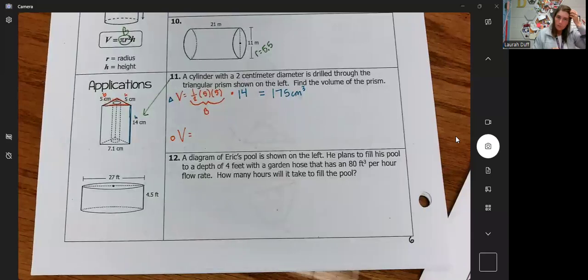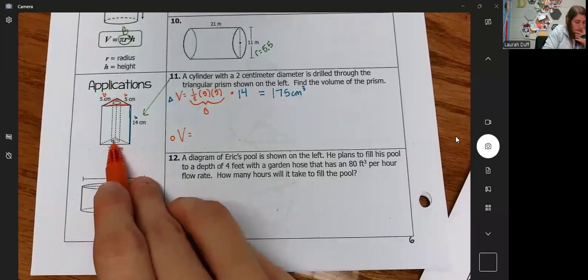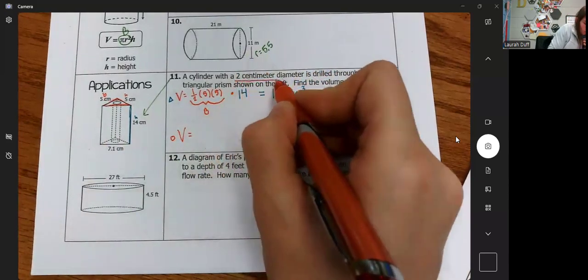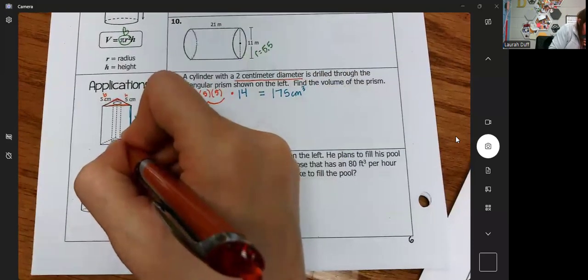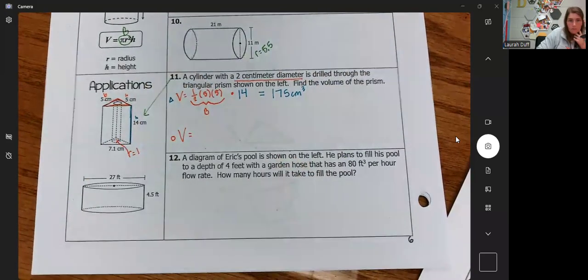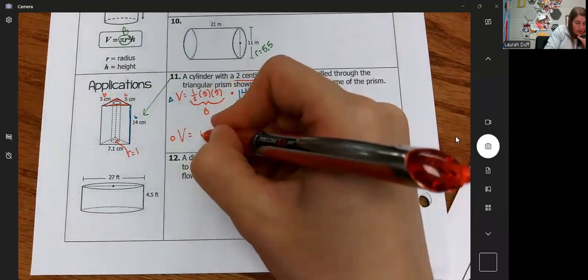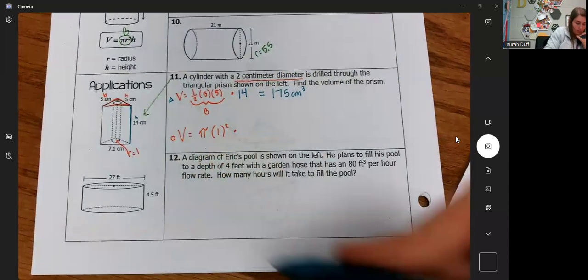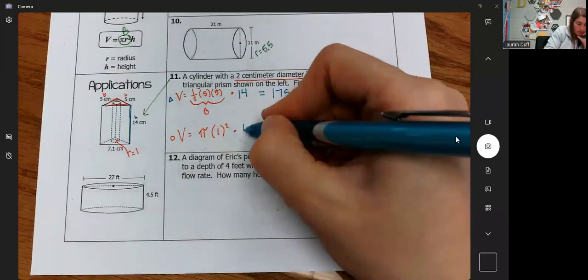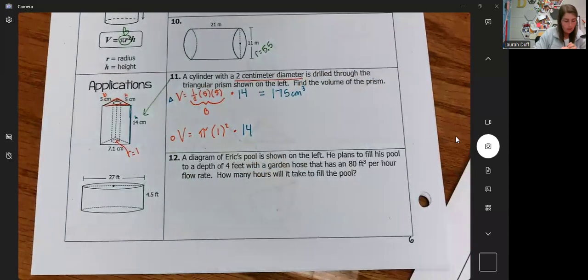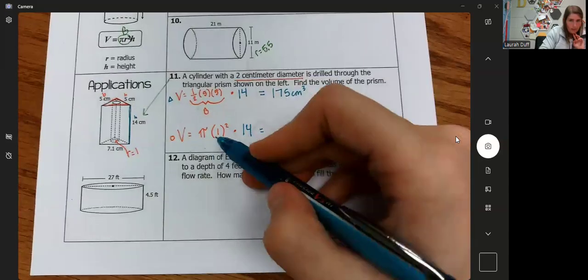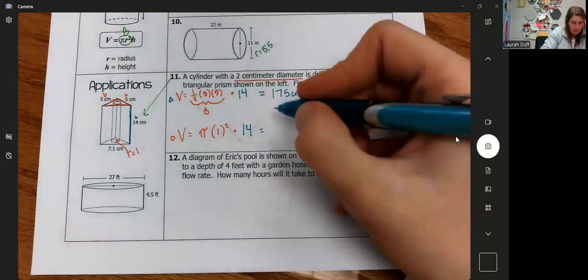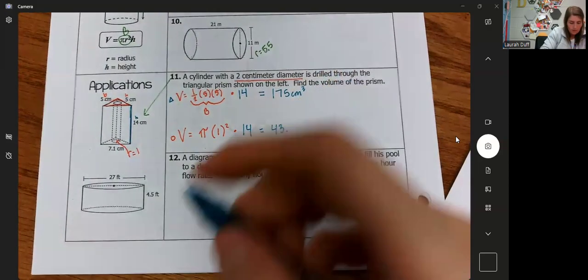And then I can also find the cylinder volume. The area of that circle, I need to pay attention to this. My 2 centimeter diameter means the radius is 1. So I have pi times 1 squared times the height of my cylinder, which is the same as the triangular prism, 14. So pi times 1 squared, which is 1, so pi times 14 is about 43.98